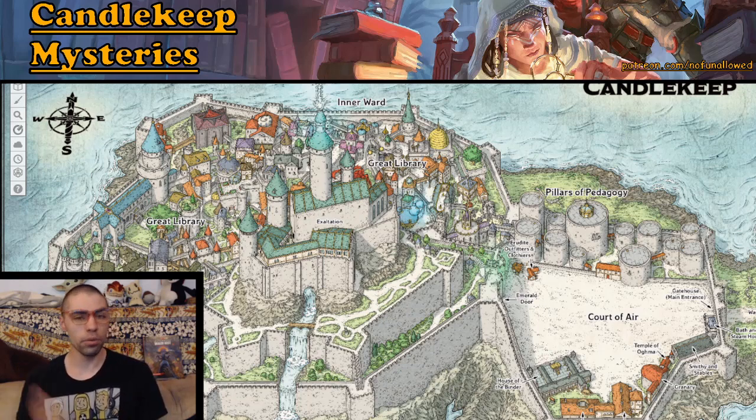If you want to run it completely as a one-shot or fit it into any campaign you've got going on, no matter the tone or setting of the campaign that you have, there is at least one adventure in this book that can fit into any campaign. And not only do we get all these adventures, we also get the hub setting of Candlekeep itself. I know that people are going to be spawning content for this location, and now that we're seeing the light of running one-shots or two-shots, people are going to be making more content along those lines, which is good. I think that little mini-shots are a great way to introduce people into D&D, and of course it is just a really nice thing to do if you can't get your full group all the time.